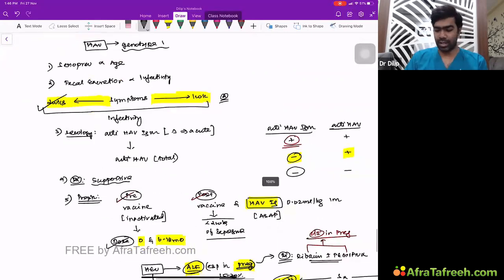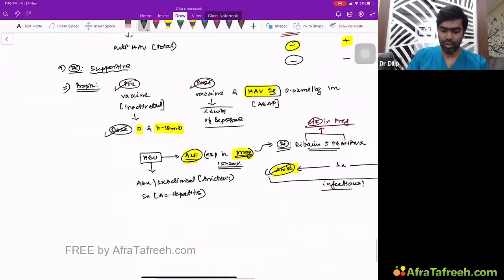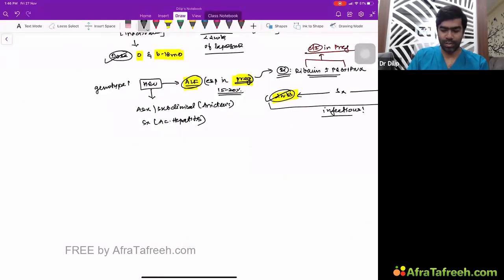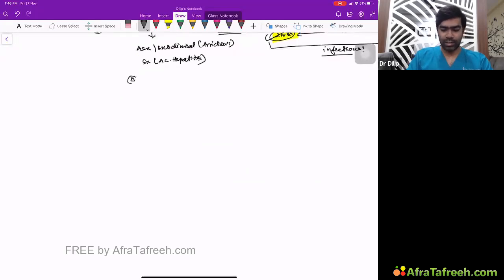And similarly, in hepatitis E virus also, if they ask you the most common genotype, it's genotype 1. I mean, this is for India. And as far as the serology is concerned,